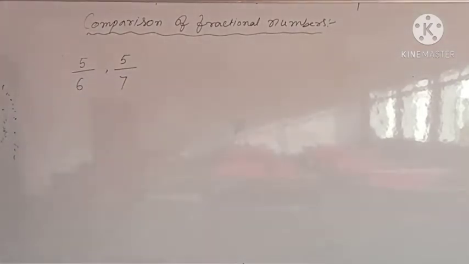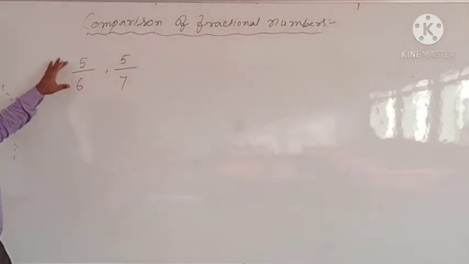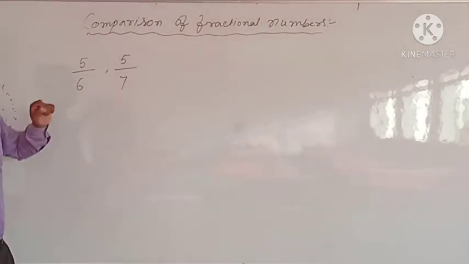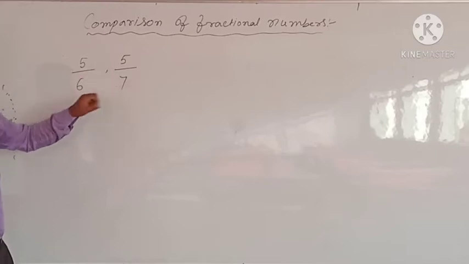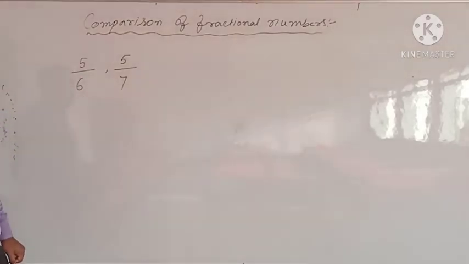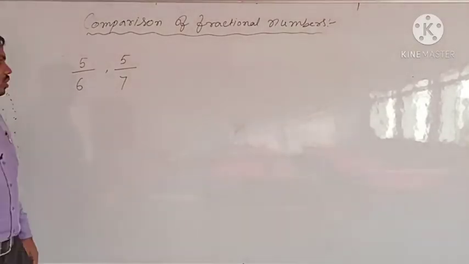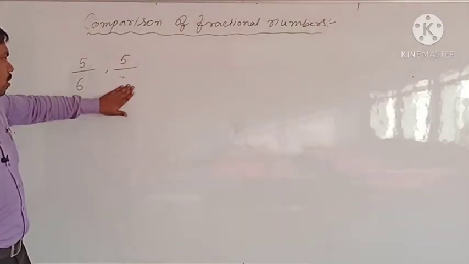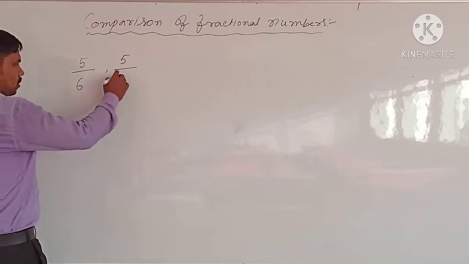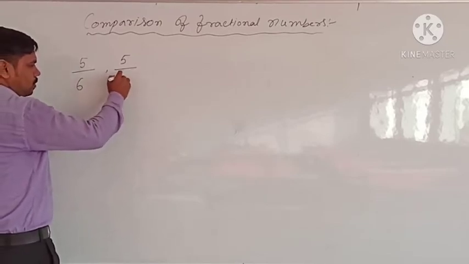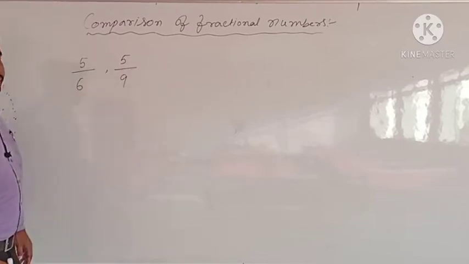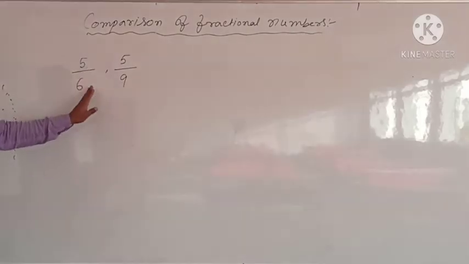Okay. So here, what does this mean? 5 parts out of 7 and 5 parts out of 6. This is a very small difference, so you can take this as 10 also. Suppose I am taking 10. Or 9, I am taking, that will be better. So 5 divided by 6 and 5 divided by 9. That means first, again, let us draw two pictures.